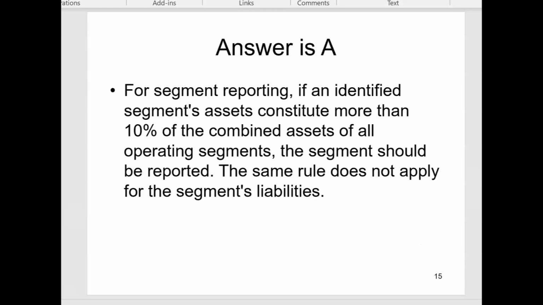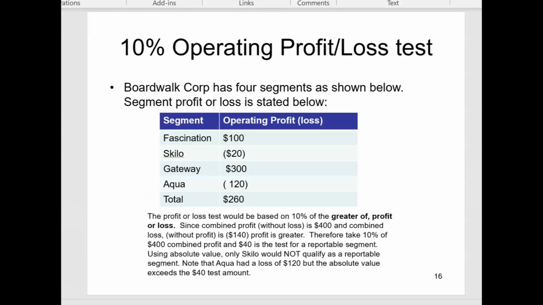So the answer is 1 only, letter A, and they could easily ask that, and a lot of candidates would be like, oh, I did look at this once. If I only would have looked at this one more time before my exam, I would know that there's no liabilities test. Now for test number 3. So you didn't pass either of the first 2 tests and you still want to get in the room? There's the 10% operating